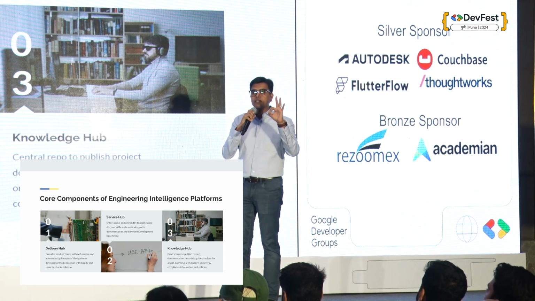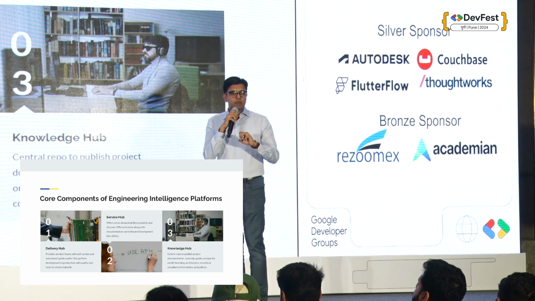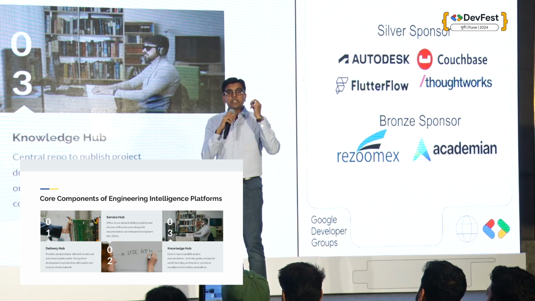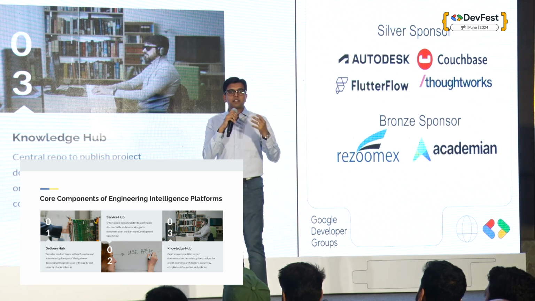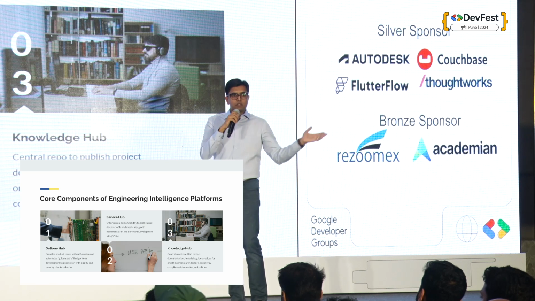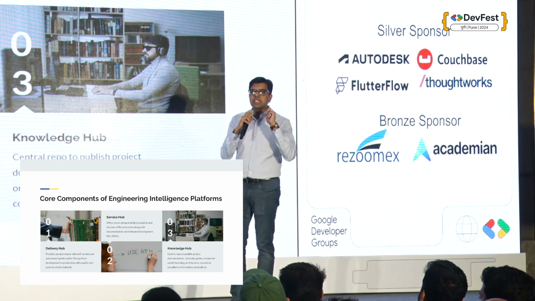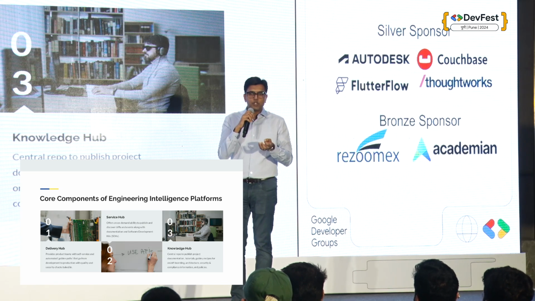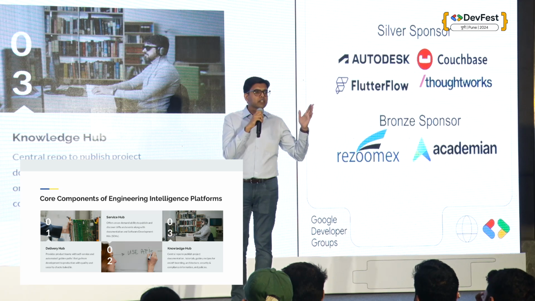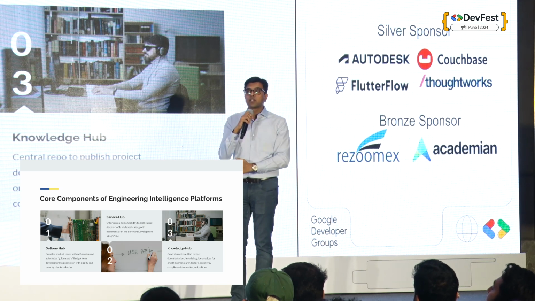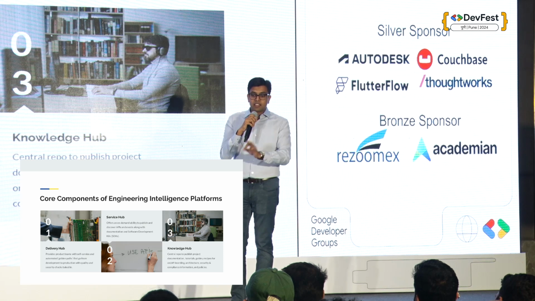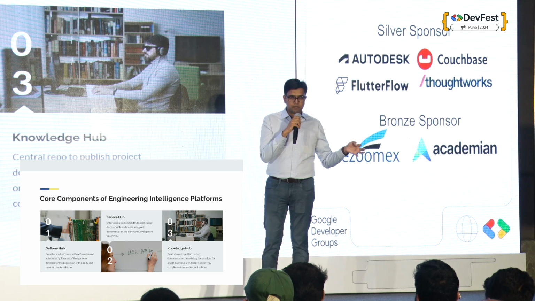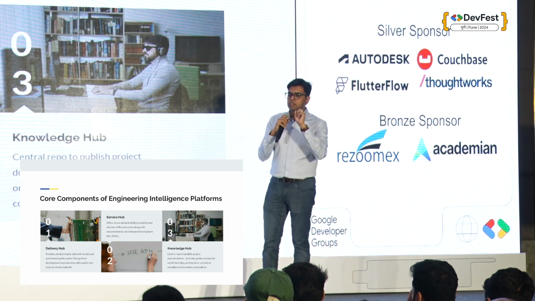So there are 3 basic components when it comes to engineering intelligence, where you want to look at some artifact that actually brings in that transparency that you're looking for. You need to have some delivery hub, places where the developers, the team can see the golden path that goes from dev till production. You need some kind of service hub, places where reusability becomes easy enough that you don't have to think about where you're going to find your next piece of solution. And then obviously the knowledge hub that brings everything together. These 3 are like your core components when it comes to building an engineering intelligence platform. All right? Can you go on the next slide, please?